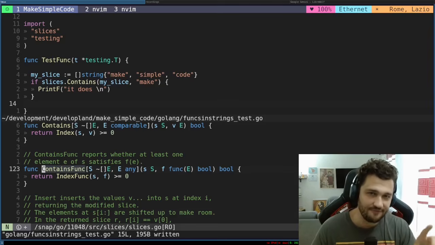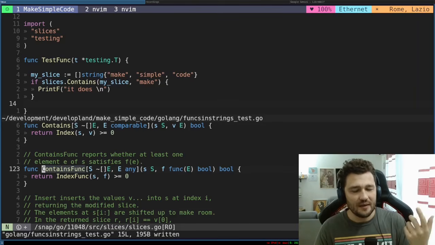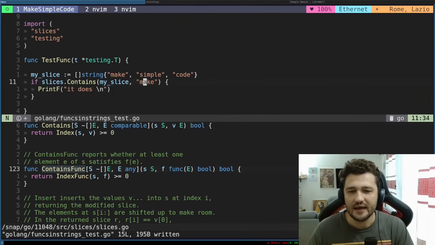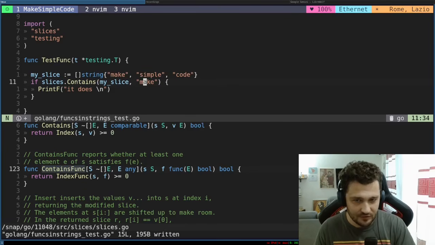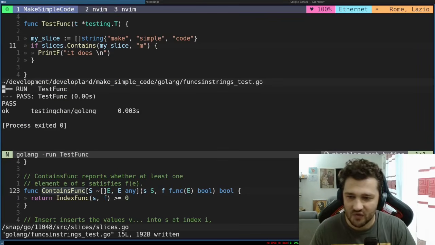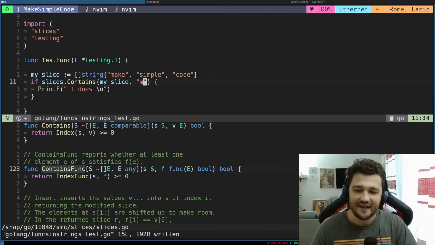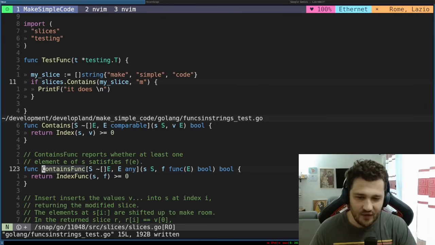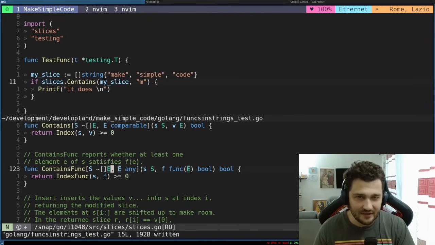Okay. If you need to do more logic on it, it becomes a bit more complicated because you cannot, I don't know, ask it to include only elements that start with M, for example. So if I do this and run the test, obviously nothing is printed. Great. In these cases, ContainsFunc enters. With this ContainsFunc, you can pass an additional function with the actual element as a passed type and do additional